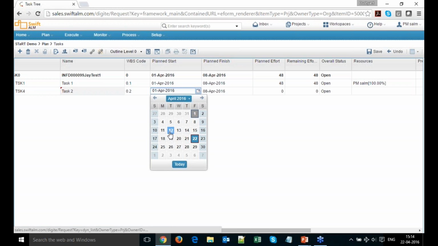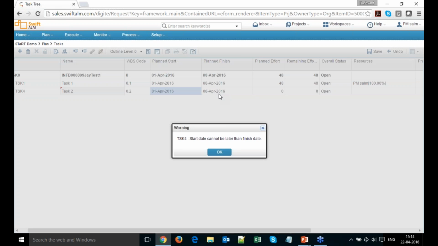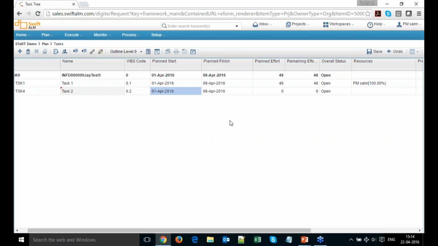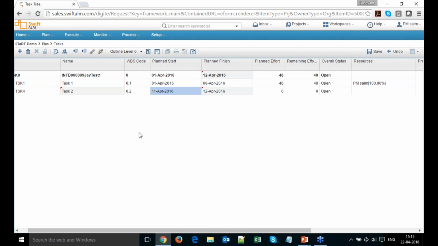So I'll make the next plan start date for task 2 as 11th. I have to first change this. I'll make this as 12th, and I'll make this as 11th. So now you can see here the second task is starting from 11th and is ending on 12th of April,